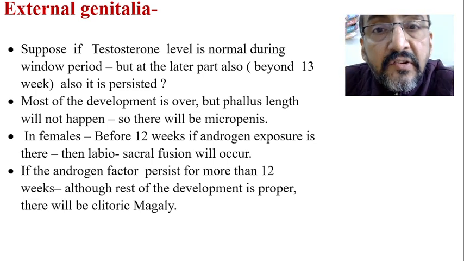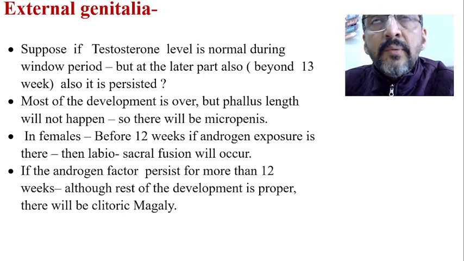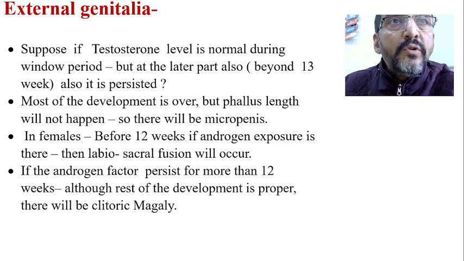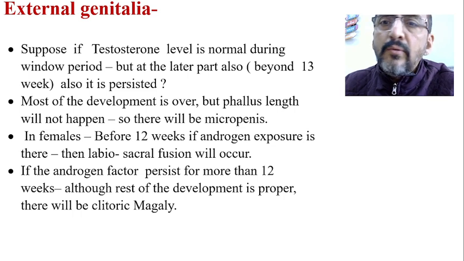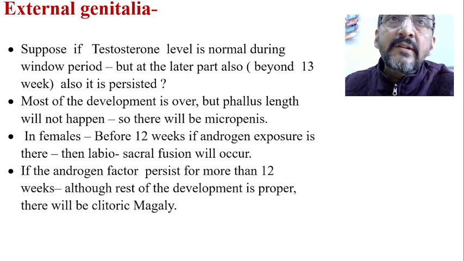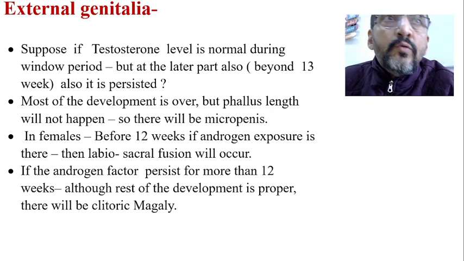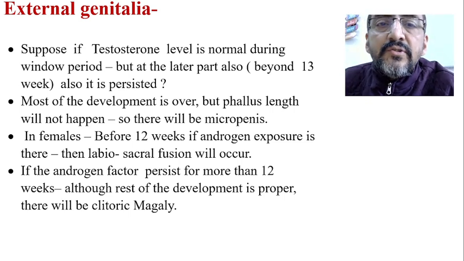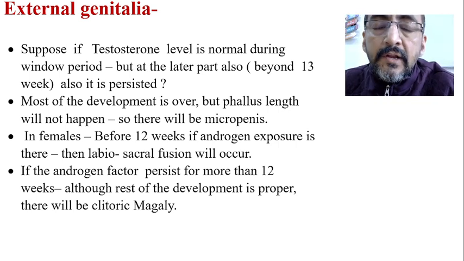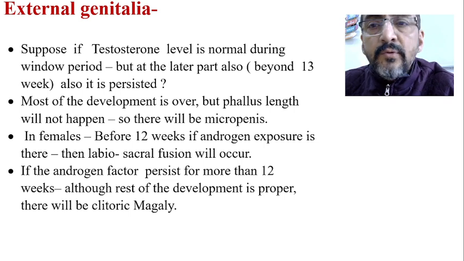Suppose if the testosterone level is normal during the window, this is one possibility we have seen, there is no testosterone, तो क्या होगा, ठीक है। So basically testosterone नहीं है तो dihydrotestosterone नहीं बनेगा, तो external genital organs नहीं बनेगा। दूसरा condition लेंगे, suppose if the testosterone level is normal during the critical window period, 8 to 13 weeks it's normal, but at the later